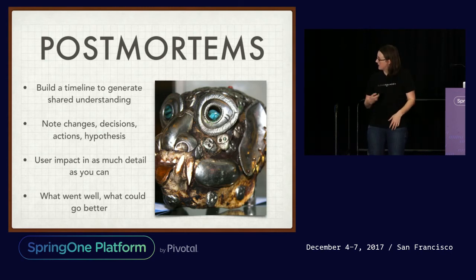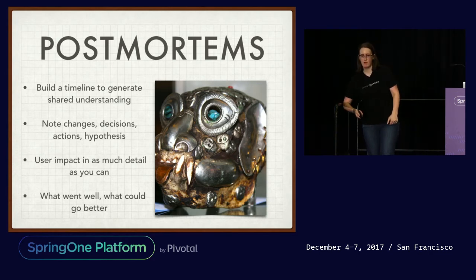Note changes, decisions, actions, hypotheses. Try to get user impact in as much detail as you can. We found that this limits catastrophizing. What people can imagine having gone wrong is often much worse than what actually went wrong. So if you just get